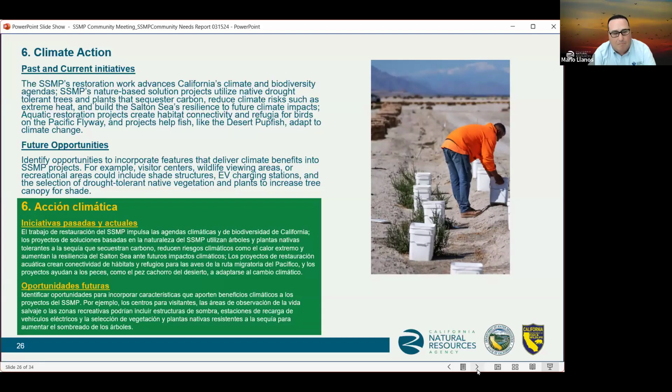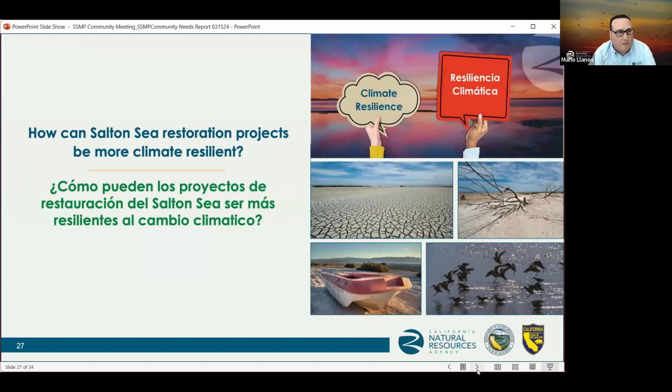And then lastly, continue to rely on best available climate science in our restoration efforts. Next slide. So how can Salton Sea restoration projects be more climate resistant? Next slide.